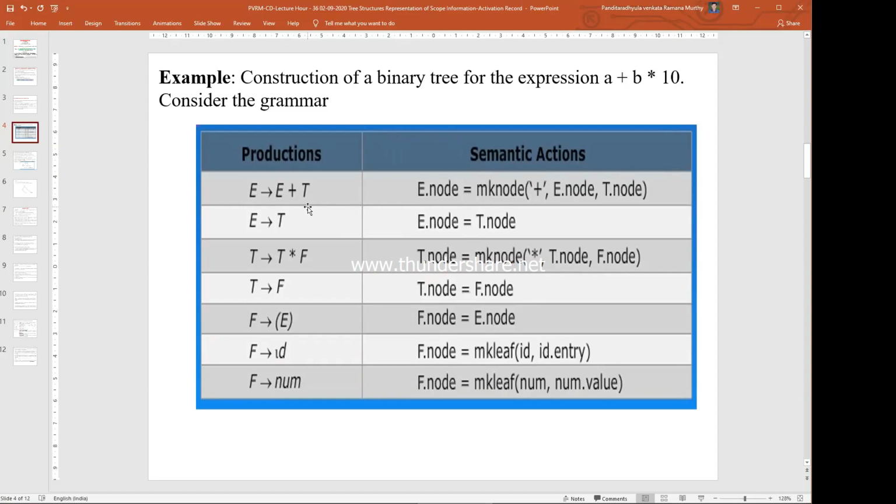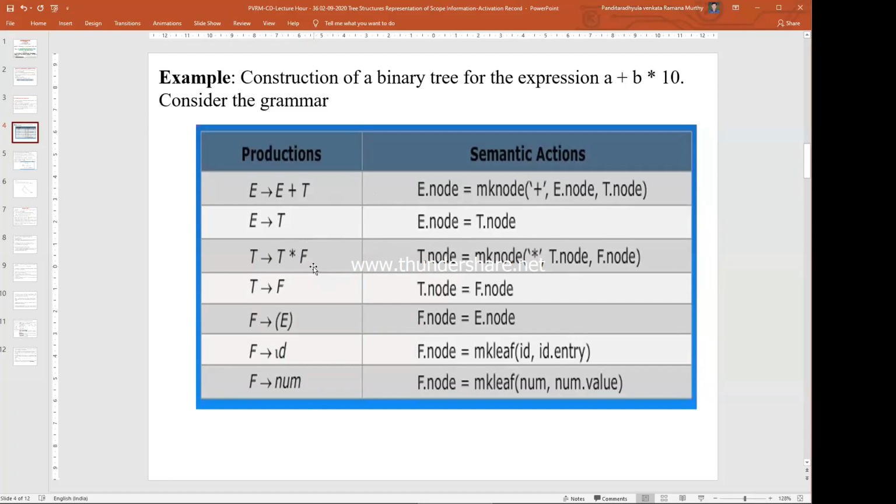We can get the node value of E using the make node function, and we can pass three arguments: the operator, and the links to the E node and T node. If you are assigning directly the value of T to E, then E dot node is equal to T dot node.